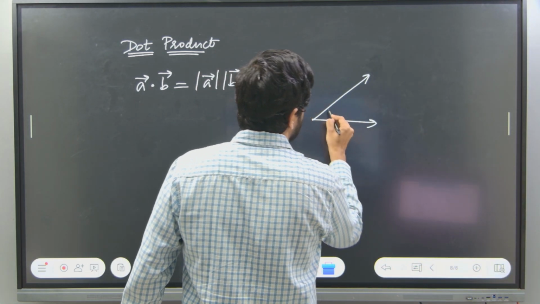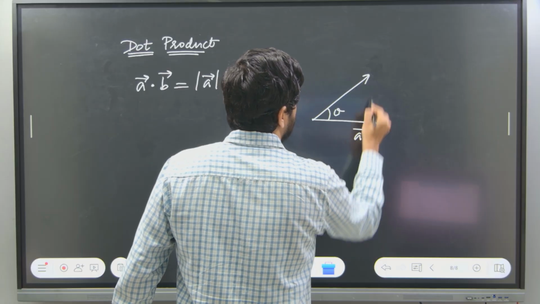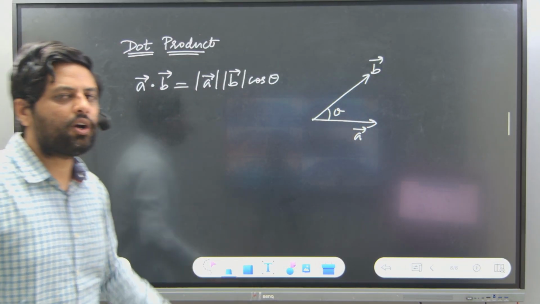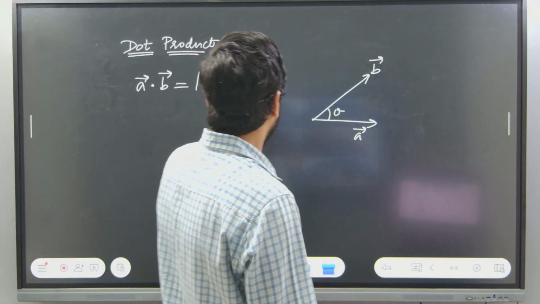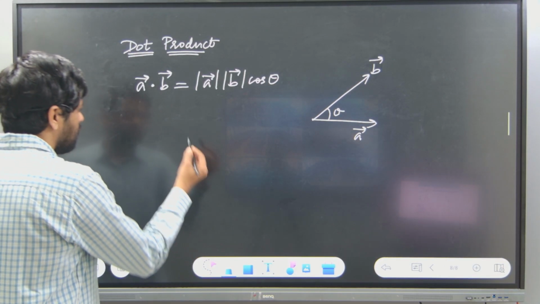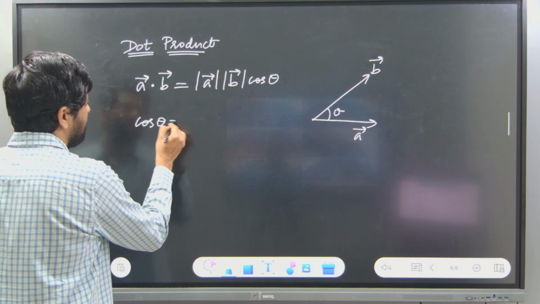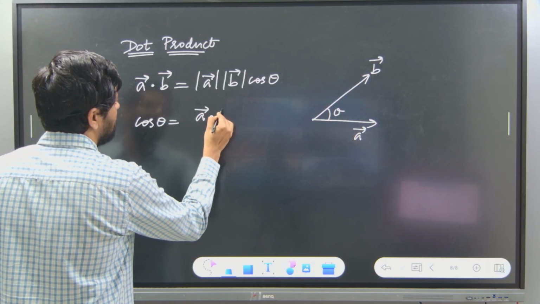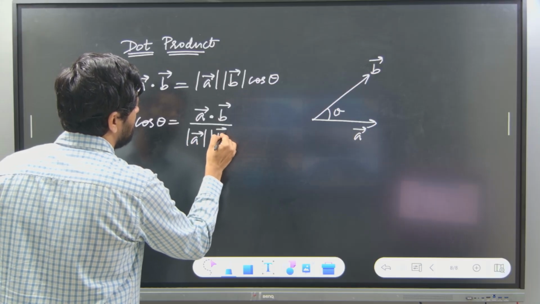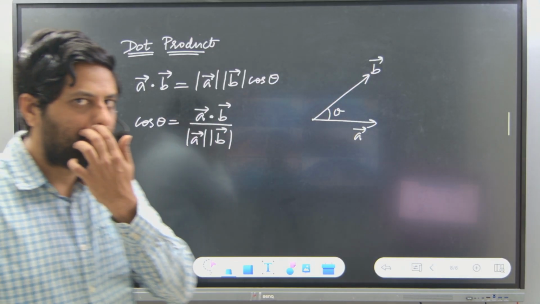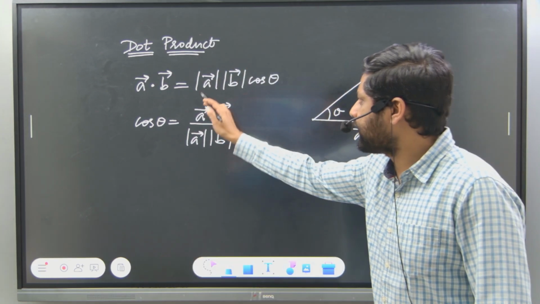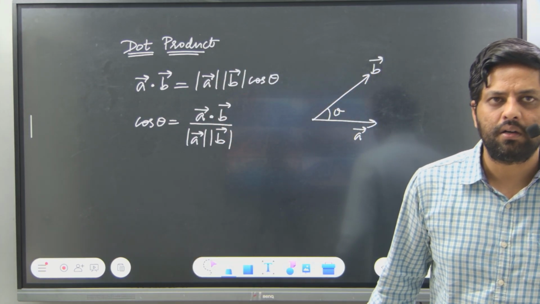So whatever two vectors we have, A vector and B vector, if theta is the angle between the two vectors, then A dot B is given by magnitude A, magnitude B into cos theta. All right. So obviously, if I want to find out the angle, cos theta would be A dot B by magnitude of A into magnitude of B. Now, A dot B, is it a scalar quantity or a vector quantity? Whatever result I get, is it a scalar or a vector?